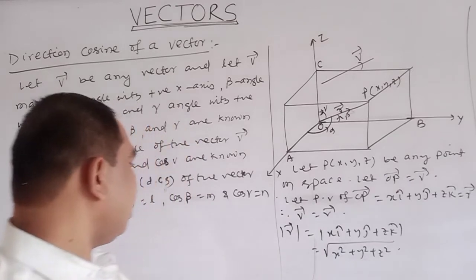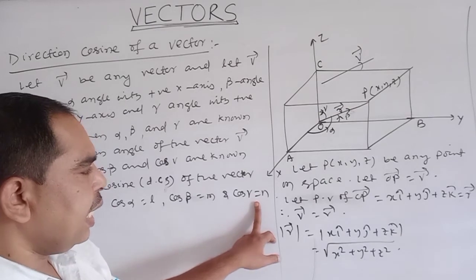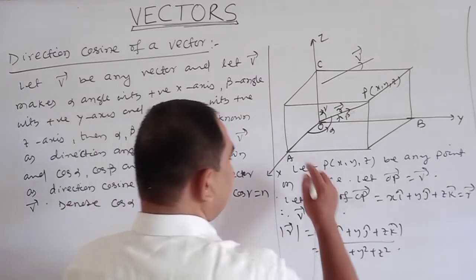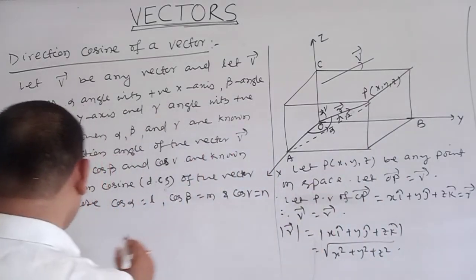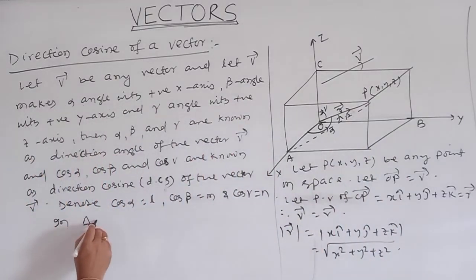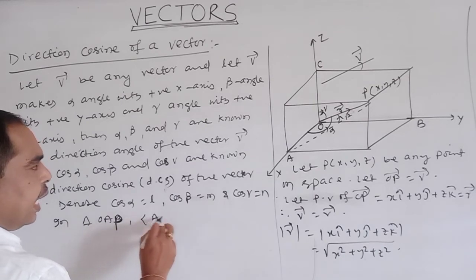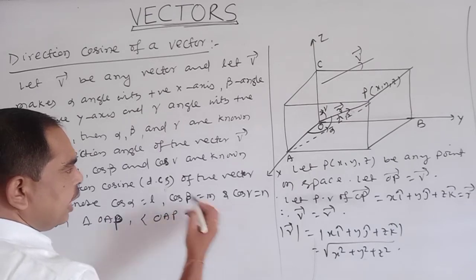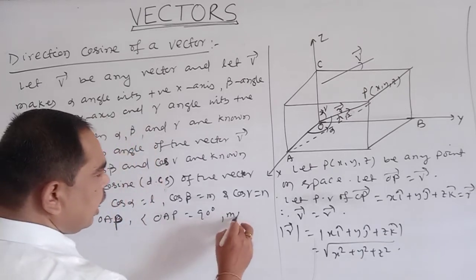Okay, cos alpha we denote as L, cos beta as M, cos gamma as N. Join, look, join AP. In triangle OAP, angle OAP is equal to 90 degrees, and measure of angle AOP